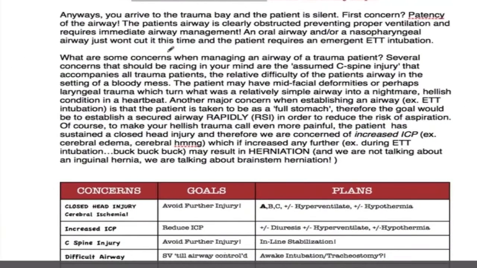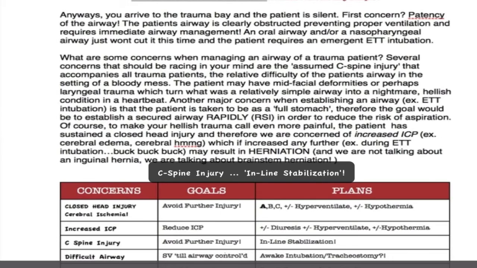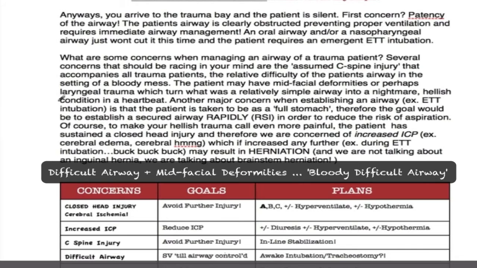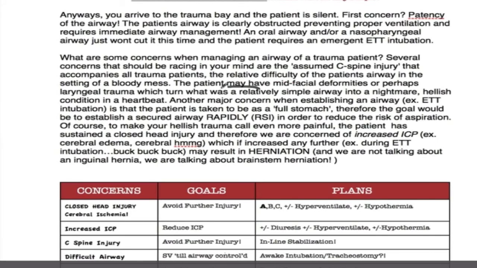What are some of the concerns when managing an airway of a trauma patient? Several concerns that should be racing through your mind are the assumed C-spine injury that accompanies all trauma patients, the relative difficulty of the patient's airway in the setting of a bloody mass. The patient may have mid-facial deformities or perhaps laryngeal trauma, which turns what was a relatively simple airway into a nightmare, hellish condition in a heartbeat. Another major concern when establishing an airway is that